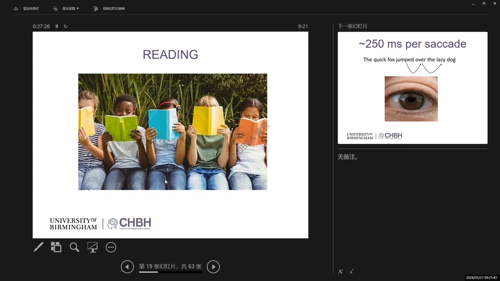Furthermore, this is a task that children learn at the age of 4 to 8. Different countries start to teach children to read at different ages. But of course, it's very important to understand more about the mechanisms supporting reading in children, in the sense that some children also have problems acquiring reading skills. We can also think about what can be done to help these kids. But in order to do so, we need to know more about the supporting mechanisms.